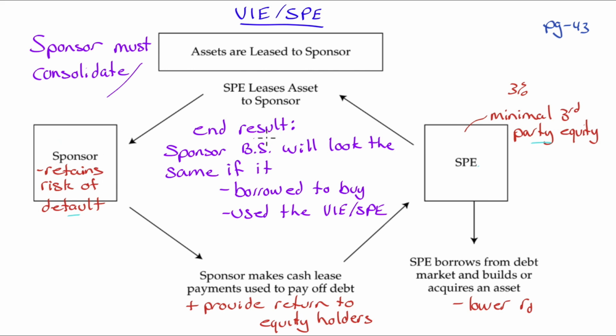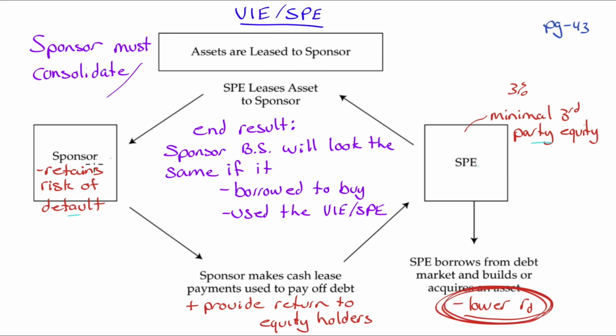Now, the end result of consolidation, the sponsor's balance sheet will look the same if it borrowed to buy or used the VIE or SPE. That's the end result, but with one benefit. Now you may think, well, why go through all of this? If you have to consolidate in the end, why would a company go through that? Isn't the point of doing this to boost your own financial picture? Well, you are in a way. You still are. Even by doing this, you're still getting a better deal out of it because of this thing right here. Your lower cost of debt that you can get by using the